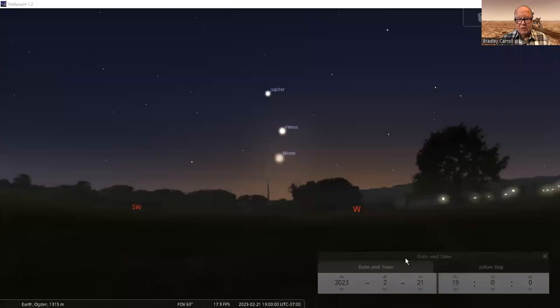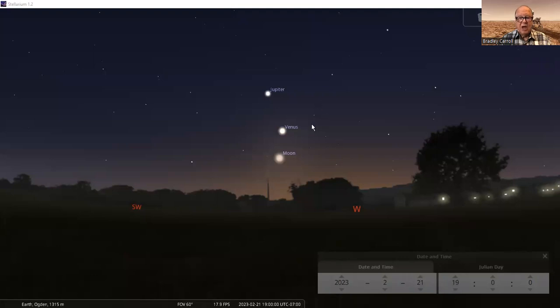Here we go. And here's Stellarium. You can see this is February 21st. So this is set for Tuesday, and it's set for about 7 in the evening, just soon after sunset. If you wait too long after sunset, this view will be gone.